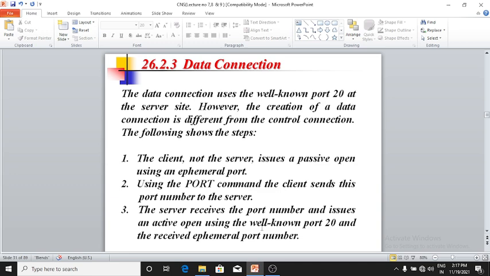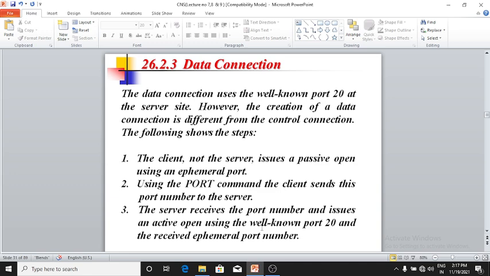First step is the client, not the server, issues a passive open using an ephemeral port. The client, not the server, issues the passive open using the ephemeral port is the first step.